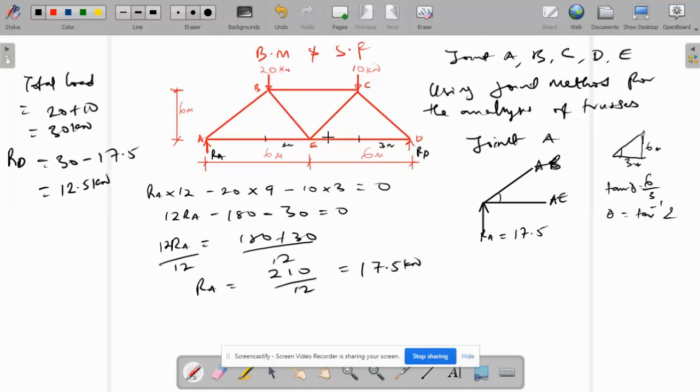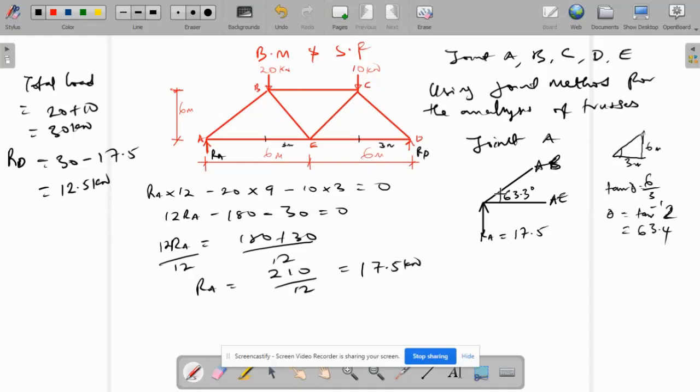So we have 63.4, because tan inverse of 2 is equal to 63.4. So all we need to do now is to determine